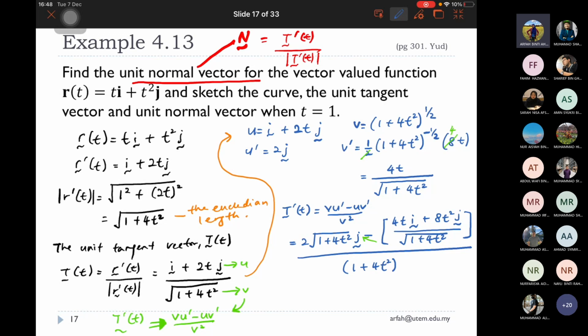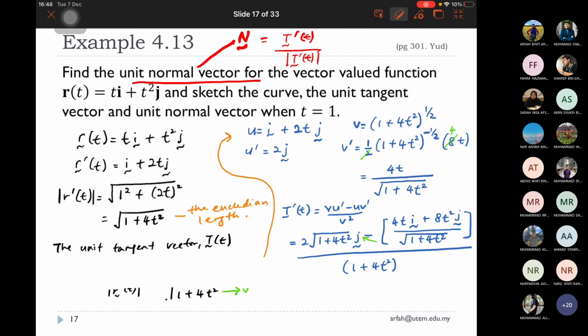Sebab kita nak samakan pembawah untuk yang atas ni. So settlekan this one akan sama dengan, darabkan dia jadi 2 1 tambah 4t squared j